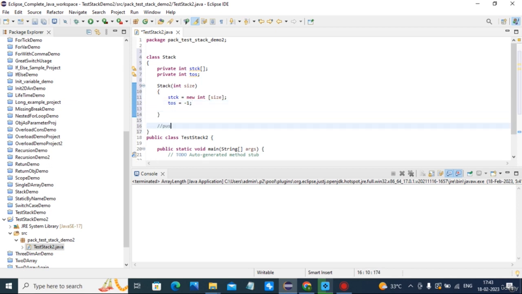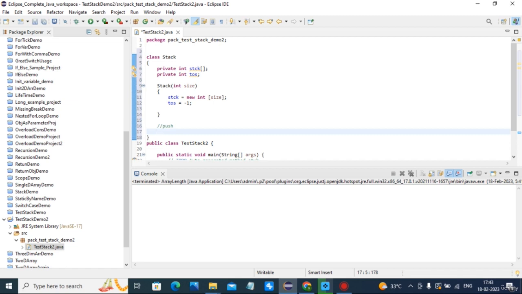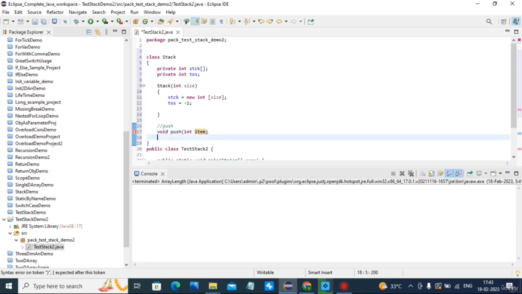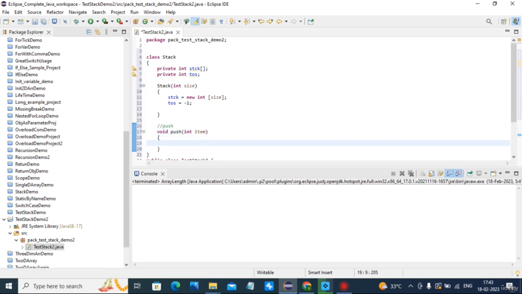Then push, print item. Top of stack is equal to stack dot length. Here we are using the length minus 1. Use length number.